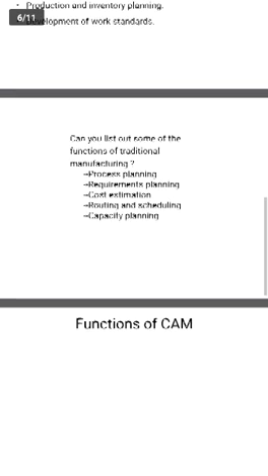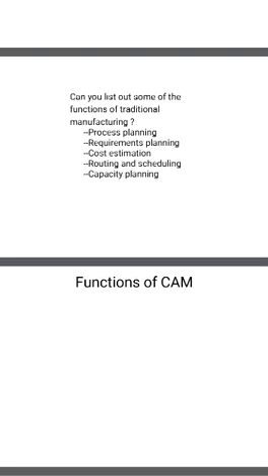So many functions of manufacturing are there. One by one we'll see now. First one, what is functions? Functions of manufacturing means the functions of computer aided manufacturing include two categories. It has two categories. First is manufacturing planning. Next is manufacturing control. Okay. First we should plan and then control.